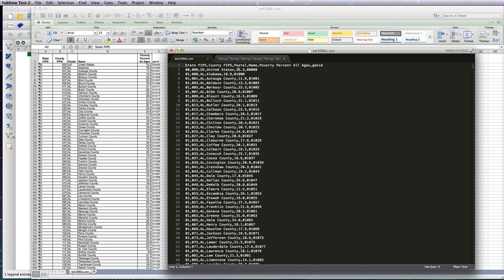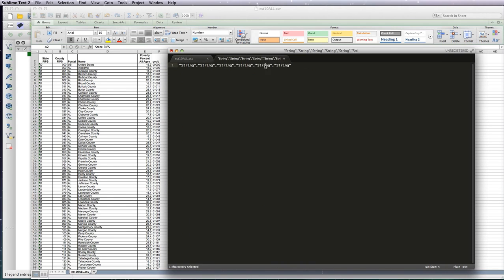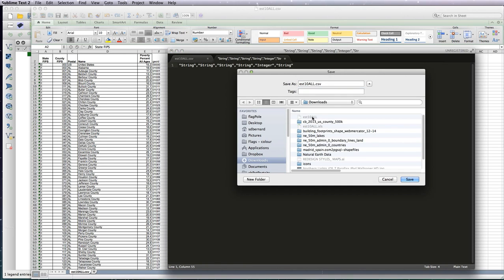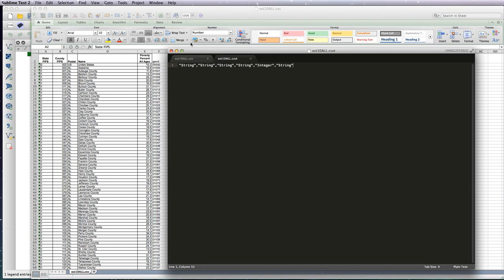So put string in 6 times, lose the comma from the end, and you just need to put in the word integer for the column that we need to treat as a number, which in this case is the poverty one. So in here, just type in the word integer, and you need to save this as the same name as your CSV, but just put a T on the end. So it's a CSV text file. So save that, and now